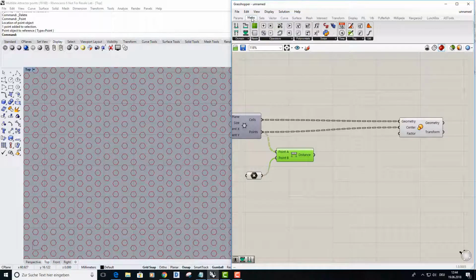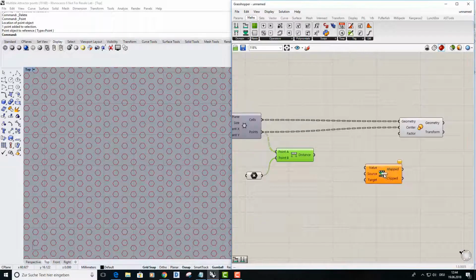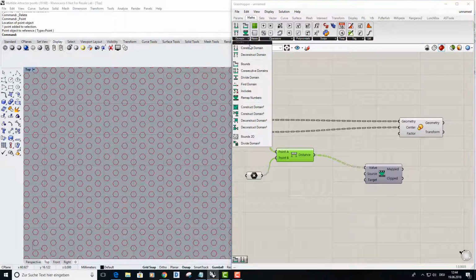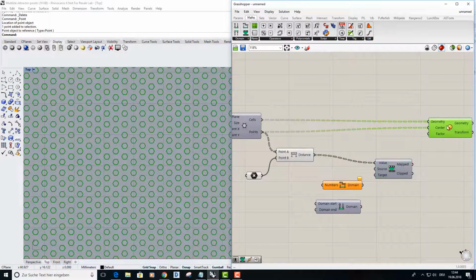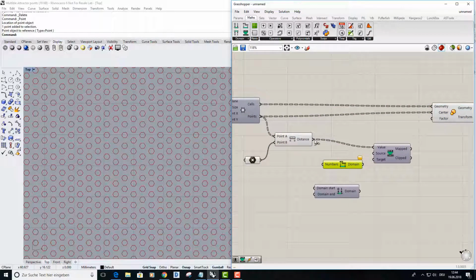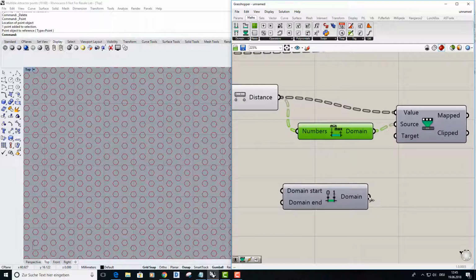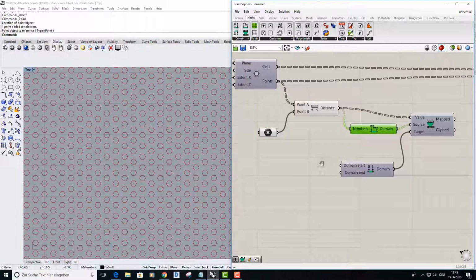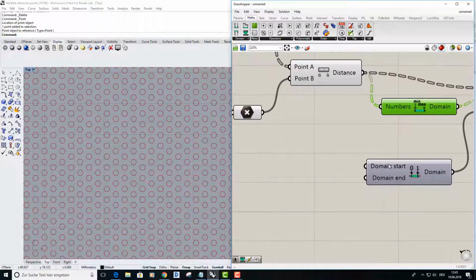I go to the Maps domain, and I use Remap Numbers. I put the distances into Value, and then I take the Bounds component and the Construct Domain component. So now I put the distances into Numbers, the numbers domain into Source, and the constructed domain into Target. And I need two sliders here for the domain start and the domain end. I can define it by